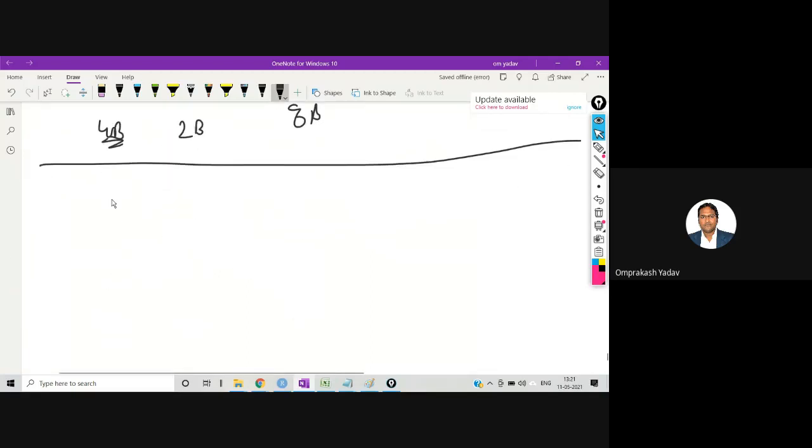So first, we are going to learn about the integer type data, that is int type data. We are learning about basic data types in C. So first we are learning about the integer.